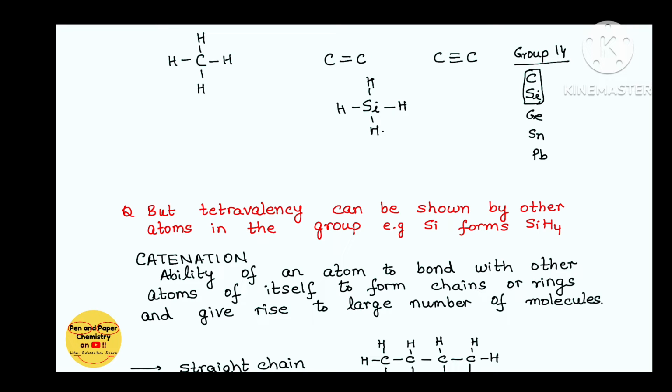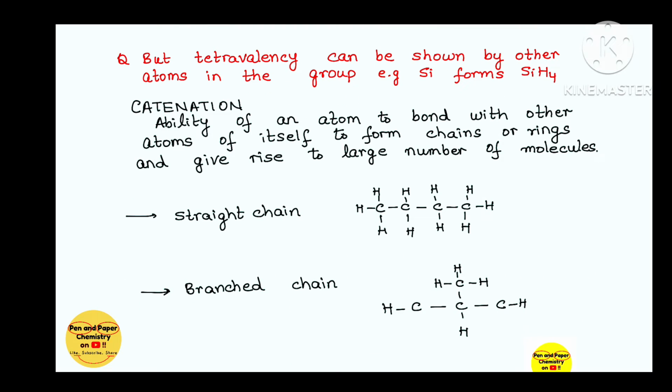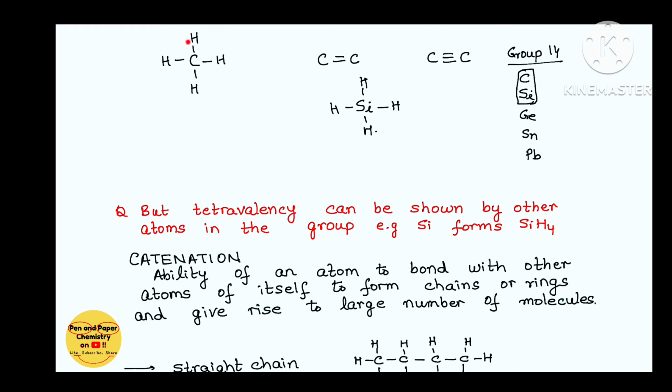So why don't you have a large number of compounds of silicon as well? We don't see a large number of compounds of silicon. What is it about carbon, other than the tetravalency, which enables it to form a large number of compounds? Catenation. What is catenation? The size of carbon is just right enough that it can form bonds with other carbon atoms,